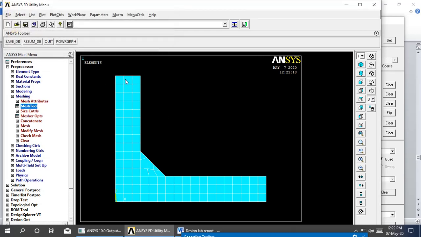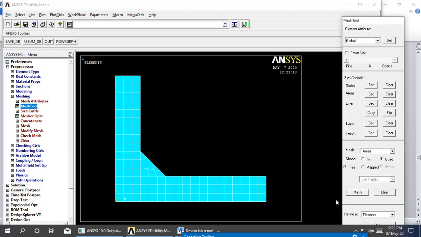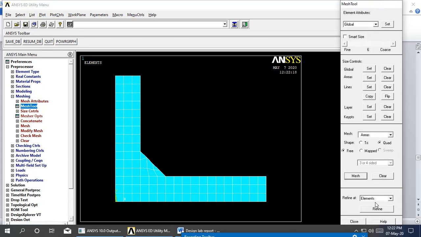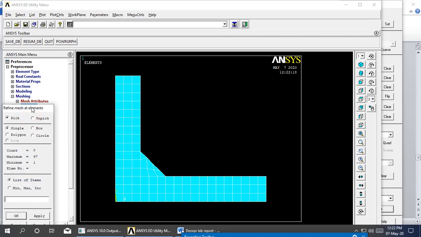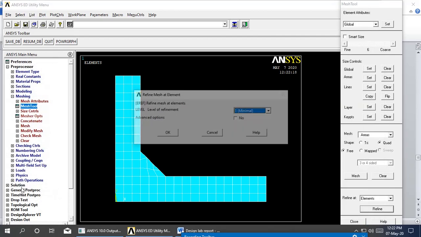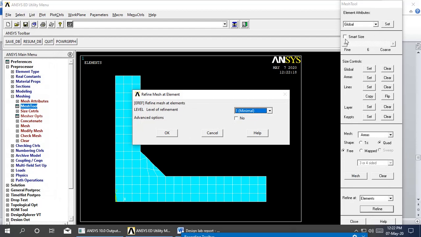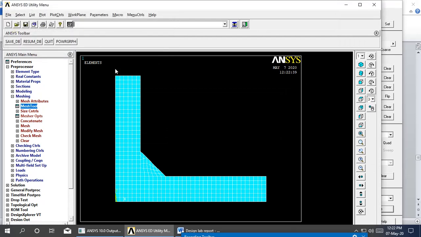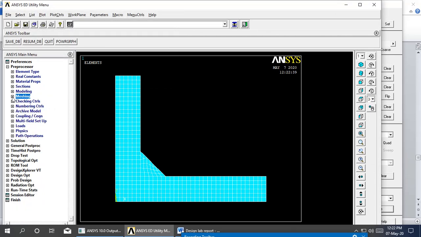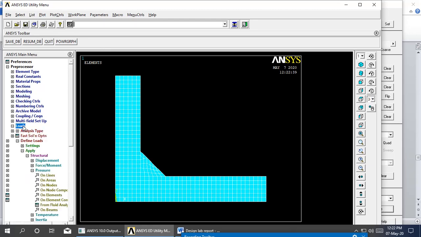Now if you want a fine mesh, again you need to go for mesh tool. Click on refine, pick all. You can give the smart size as 4. The mesh is now fine. Next we need to give the boundary conditions. For that we go for loads.